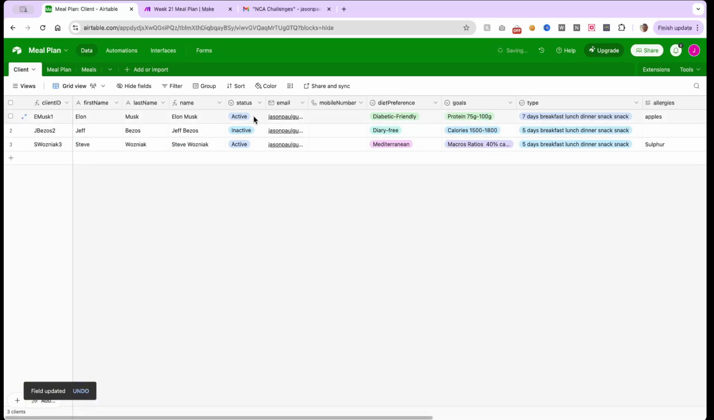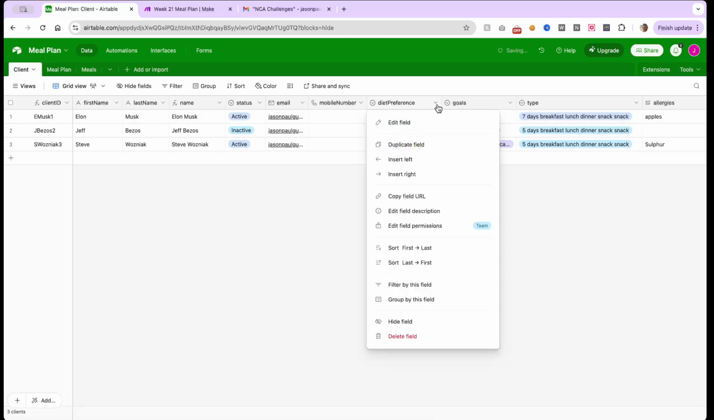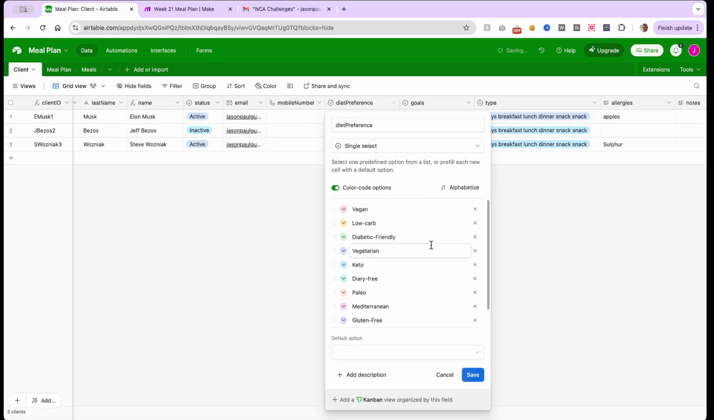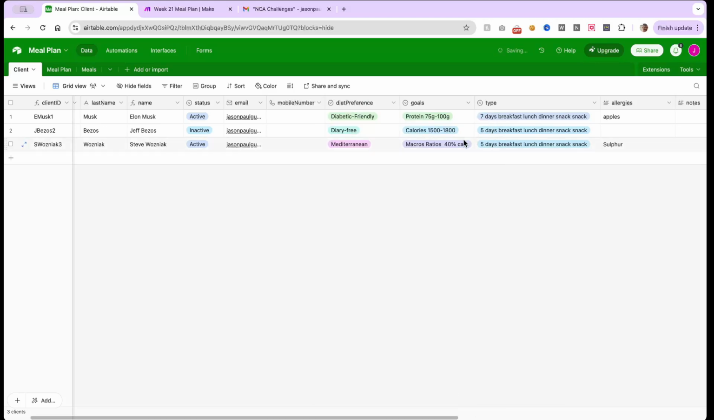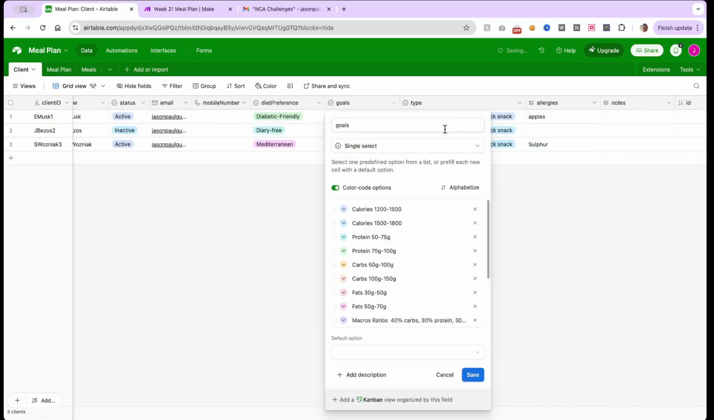I've got a status field here, active, inactive. You don't want to be sending meal plans to people who are not active or not paying. Capturing the email, mobile number if later you want to send anything to their mobile numbers. Got the diet preference. We've got a whole heap here of different diet preferences: vegan, low carb, vegetarian, dairy-free, Mediterranean. The goals. I'm not being a personal trainer, so I've just gone with calories, 1200 to 1500, protein, carbs,